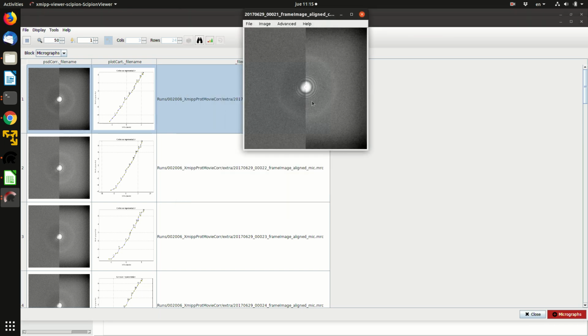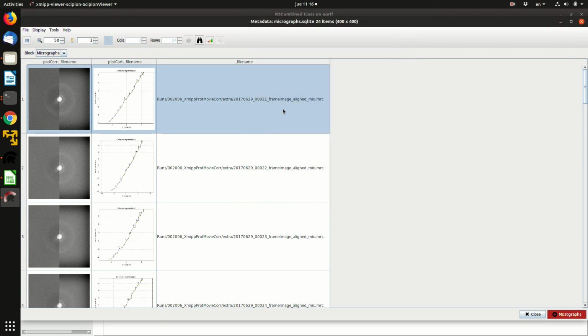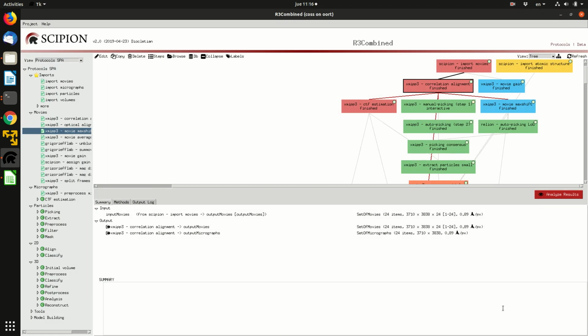You can also check here that after the alignment you should see the Thon rings better, and this is the case really. So this is before alignment, this is after alignment, and after alignment we shouldn't see any indication of drift. So the fact that these Thon rings are fading in this direction means that there is some drift along a perpendicular direction to that. Okay, so we have aligned, and sometimes